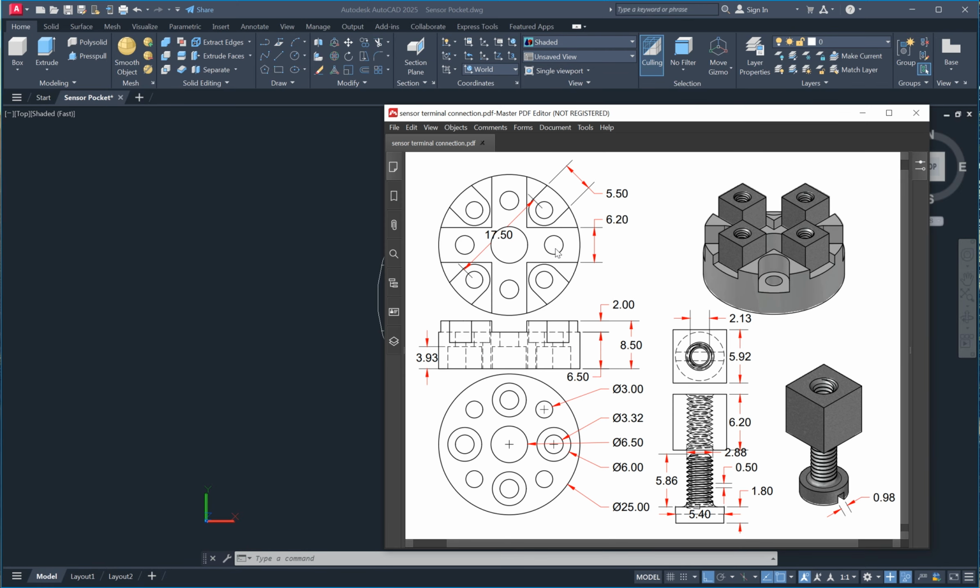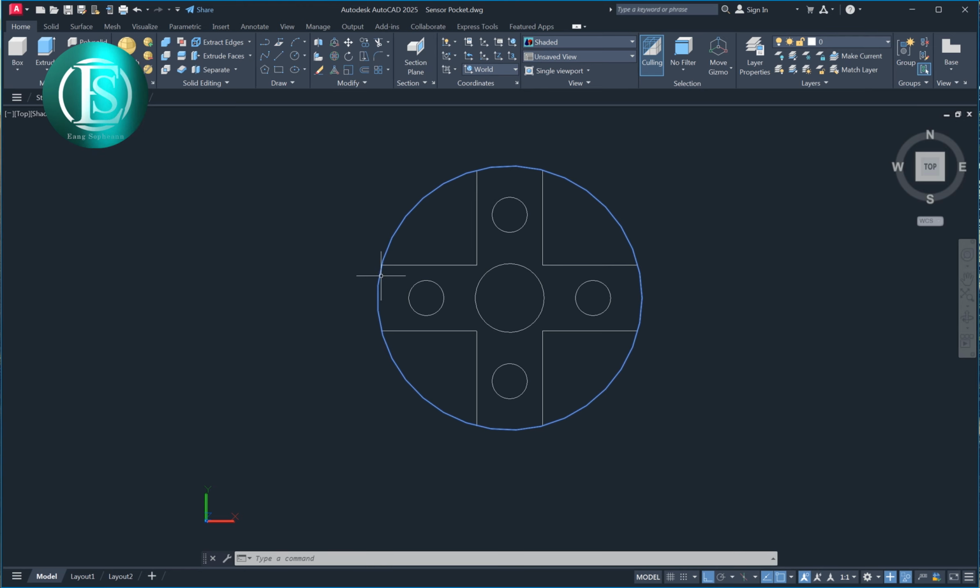So the next step is here. In here, between this circle to this circle is 17.50. So we create one line, PL enter.